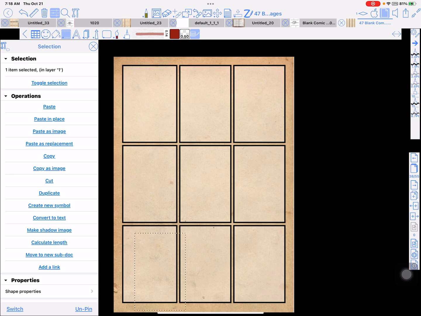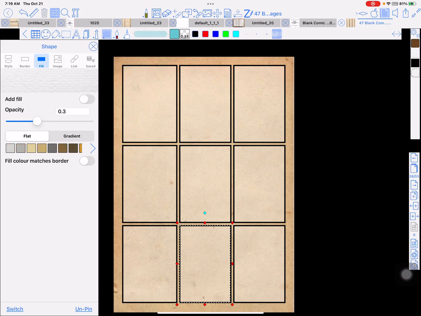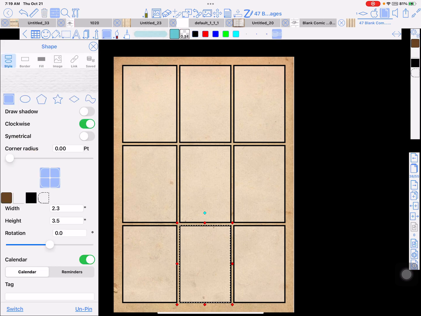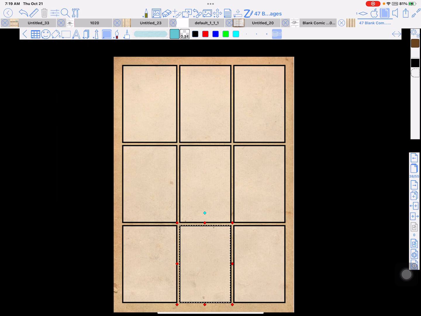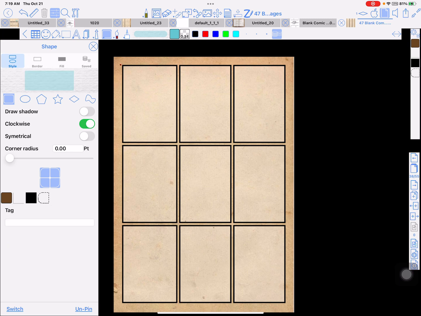And I need 7 of these, and all 7 of them are going to be marked as calendar. See, I just created that one. If I look at it, it's marked as calendar. The next thing I need to do is draw another shape, but make it the size of